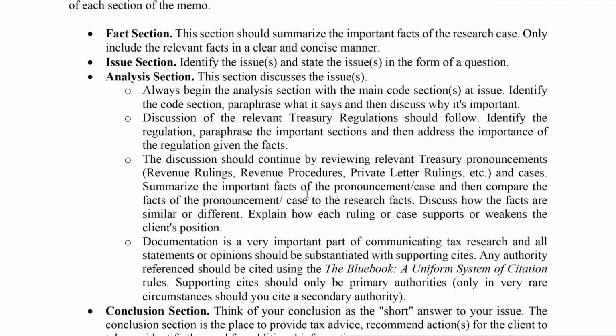So for the analysis section, I have some notes here, and I have some other notes later on that I want to mention, but I have some notes here that you really should focus on. You always